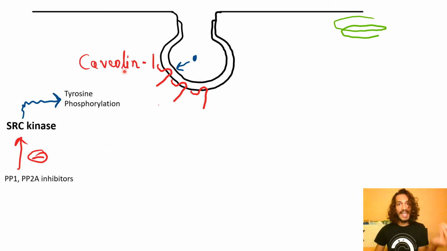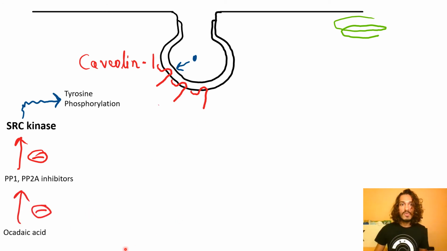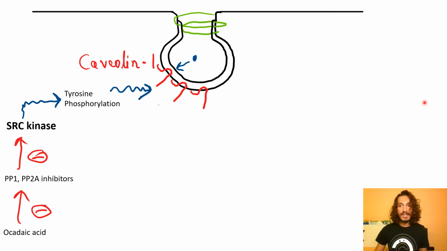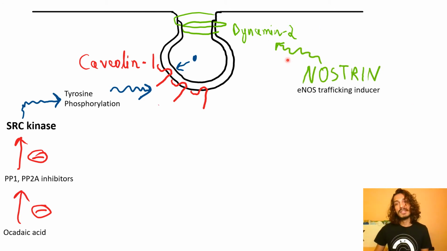And by the activation of all this through okadaic acid, they are going to inhibit the inhibition over SRC kinase. So what happens eventually is SRC kinase is going to tyrosine phosphorylate it, activating the whole mechanism. Okay, and your dynamin structure also comes over here. Okay, so over here it is what is called dynamin 2, and this dynamin 2 is recruited with the